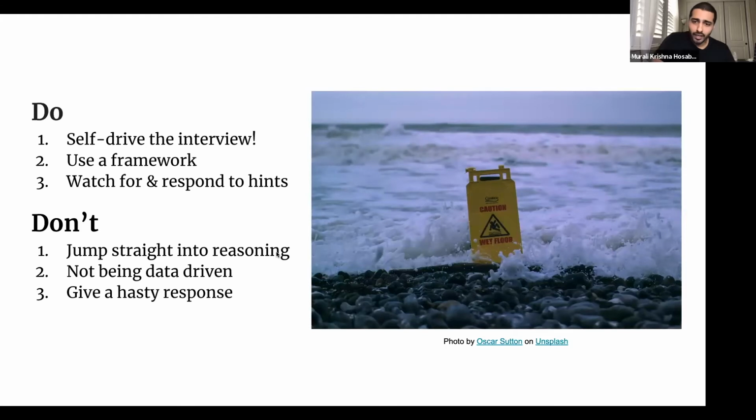All right, so before I get into the framework and maybe a real example, some do's and don'ts of what you should be doing and should try to avoid when you are answering an execution interview question. And so, like I said earlier, these are things that I have done myself in the past and have learned from. I've seen others do it as well. And so it's really good to think about these and keep it in the back of your mind